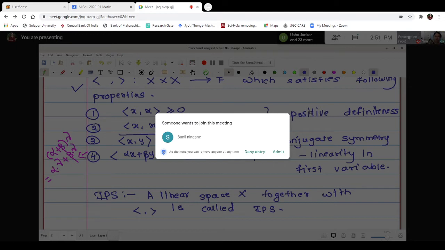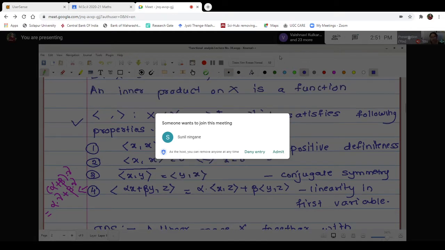There are some remarks we discussed in the last lecture. What is this field? F, right? If this field F is taken to be the field of real numbers, the inner product space is called a real inner product space. If it is taken complex, then it is called a complex inner product space. Next, the inner product of an ordered pair XY is always a scalar. This is quite obvious, because if I take the codomain of the inner product function as a field, then the inner product must be a scalar quantity.